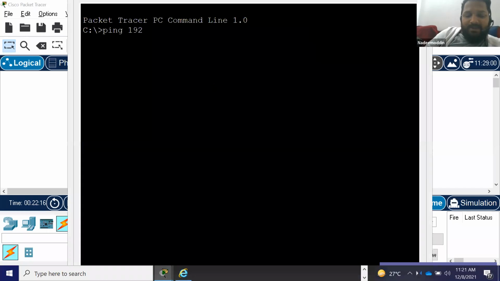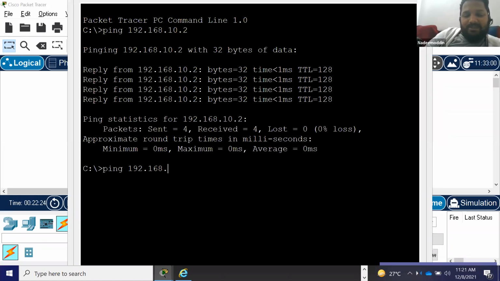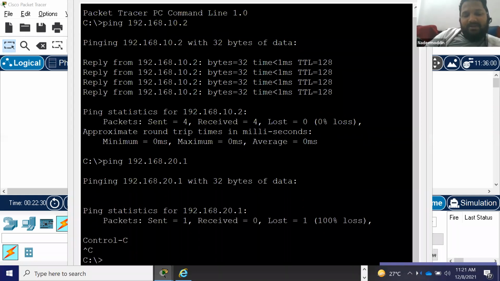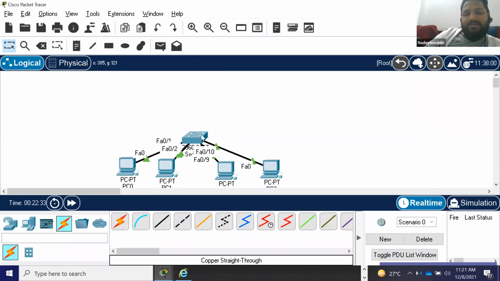If you go here to this machine, ping 192.168.10.2. Can you ping your neighbor? Yes. But can you ping 192.168.20.1? No, you cannot ping. Why? Because there is a separate VLAN. There is no communication. And this switch will not understand this VLAN.